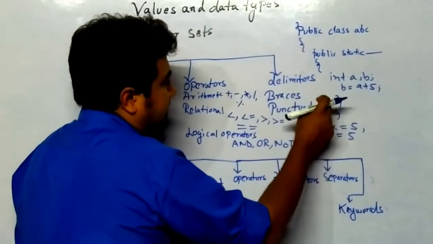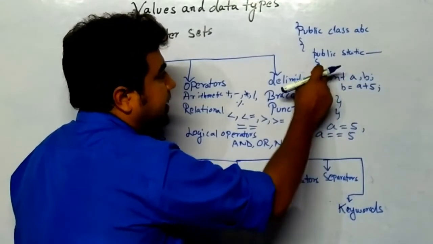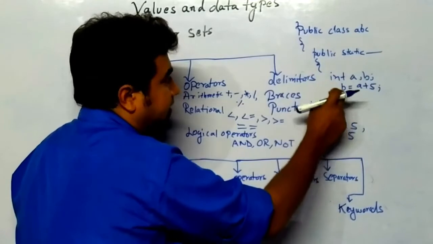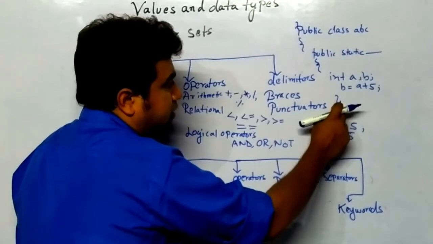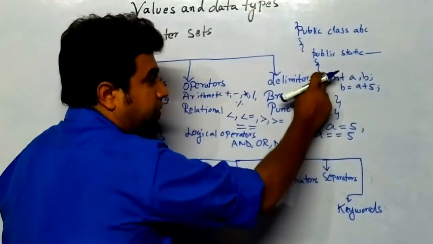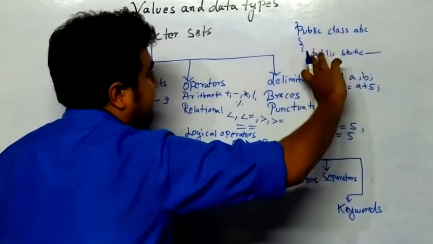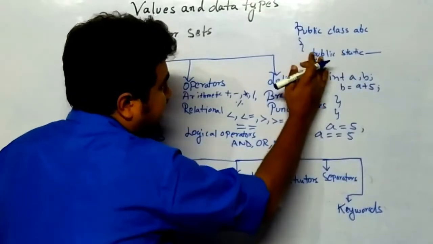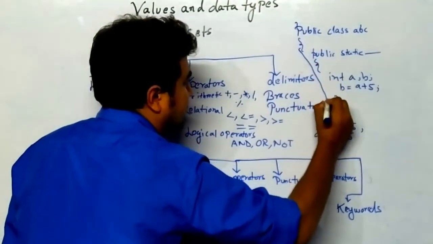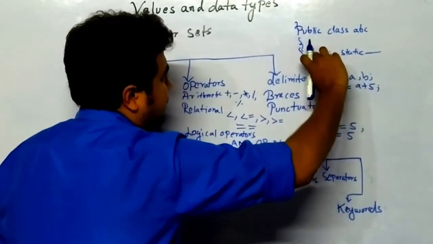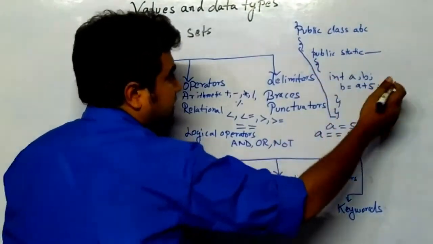Note that, see, when you are closing these braces, it will be paired with the nearest opened braces. Is it clear? This is the nearest open braces. This is opened, this is closed. When you are closing, it is paired with the nearest open braces. So the boundary of this is this part, and the boundary of this class is the entire part. These entire statements are written inside these braces, from here to here. So the entire part of public is present inside this, and the boundary of this is from here to here.